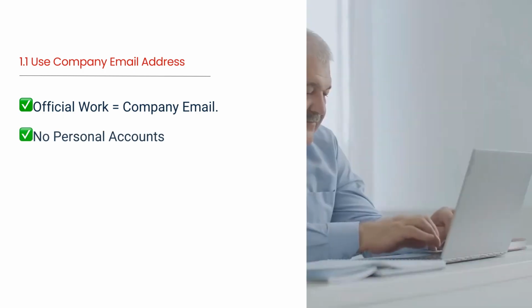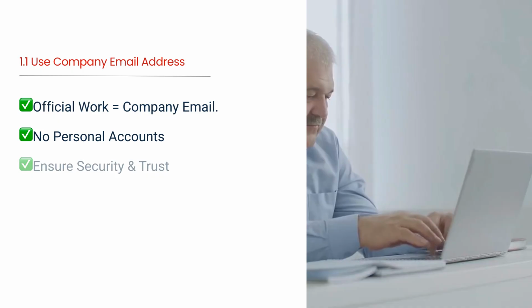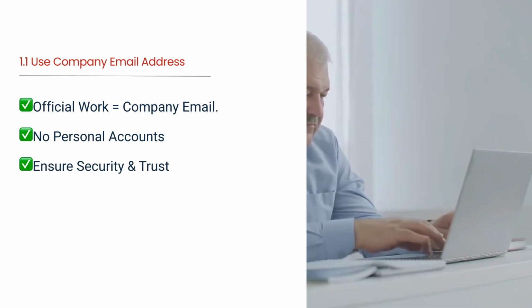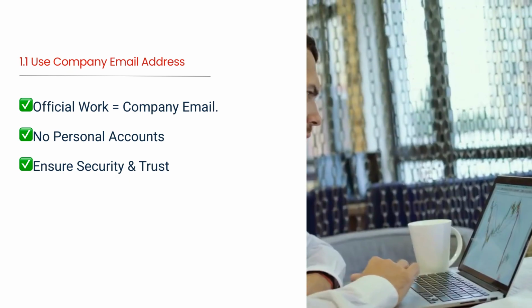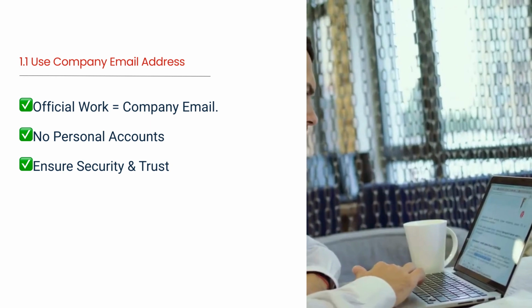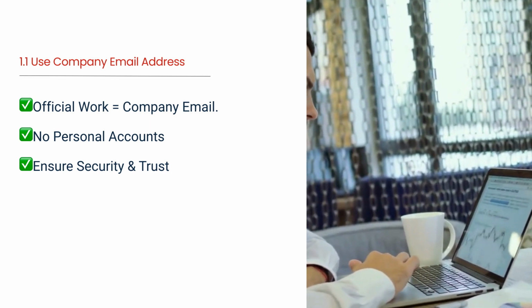When conducting official business, strictly use your company email address. For company communication, personal emails are not appropriate. Always use your official organizational email. It also creates a security risk for the organization. To be taken seriously, always stick to your official domain. This ensures your communication is trusted, secure, and professionally archived.